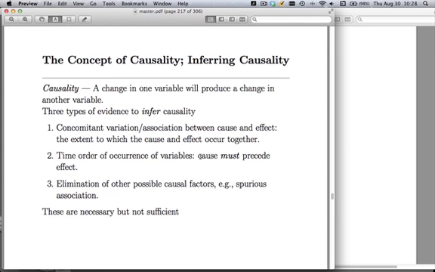All right, so the cause must precede the effect. These two are fairly easy to establish. It's the third one that's rather tricky. So we have to eliminate other possible causal factors,